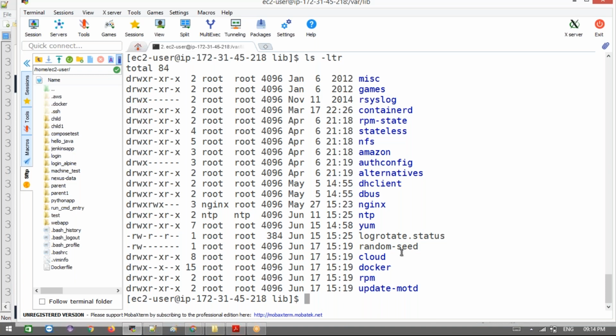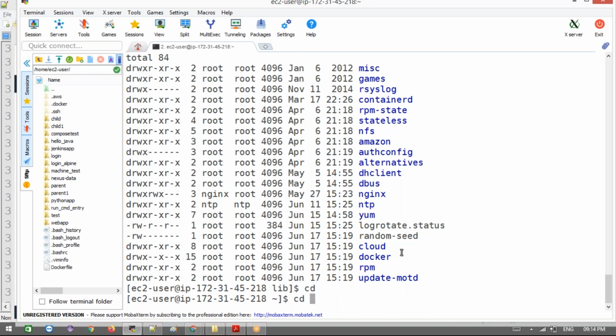Now still it's not this path, right? cd. All libraries will come. Let's see.